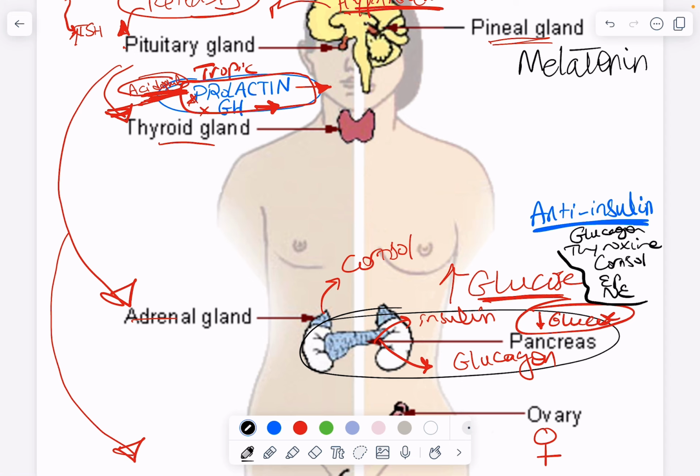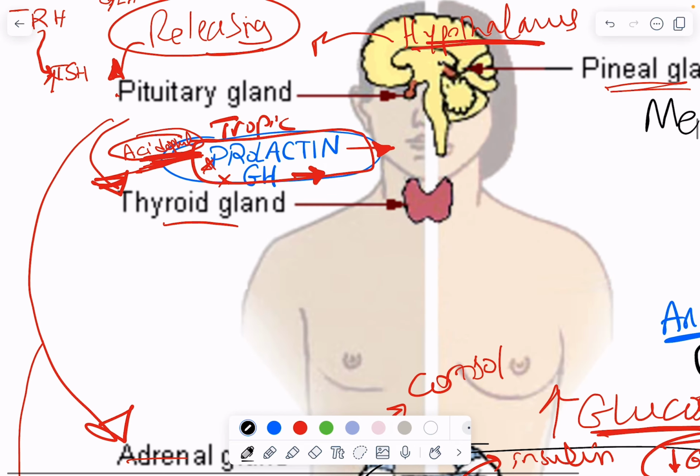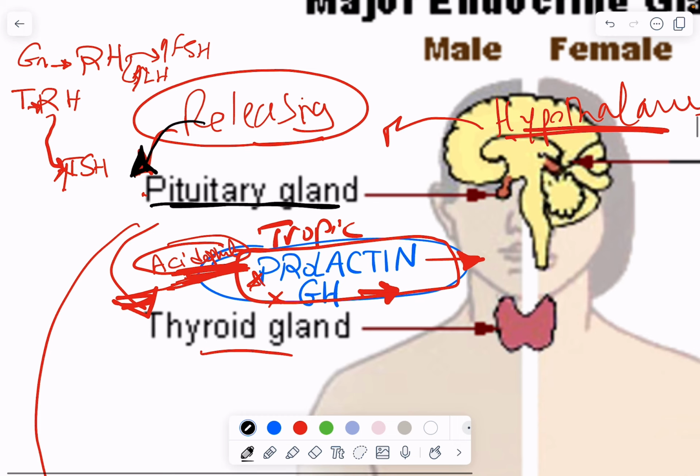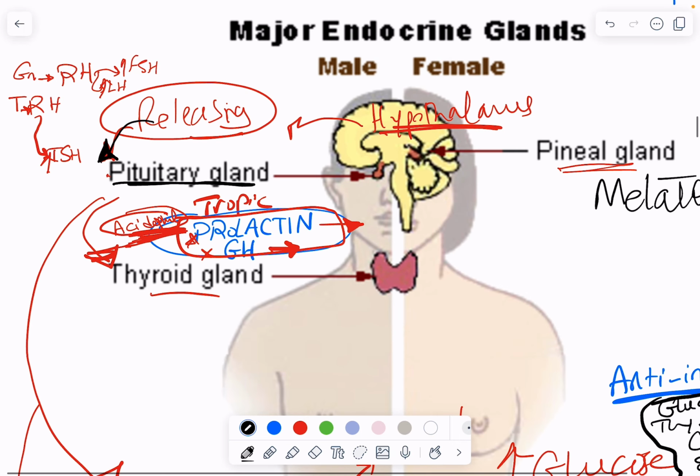All of these work to increase blood glucose in the fight or flight mode and are therefore called anti-insulin. Now let's go back to the releasing and tropic hormones. Now that the pituitary gland is stimulated by the releasing hormones from the hypothalamus, it will start releasing the tropic hormones. So TSH is a tropic hormone for the thyroid gland, stimulating it to release its final end hormone that